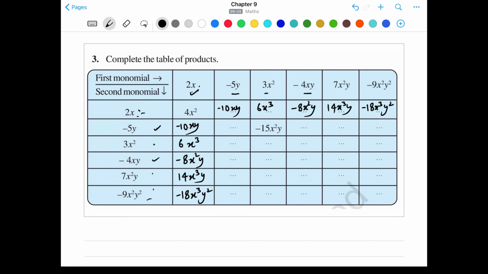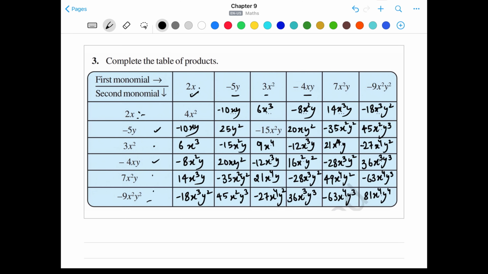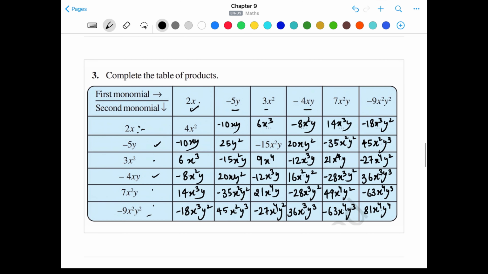Okay, in similar way you can complete the table. So that's the solution for all the terms when multiplied by each other. Okay, you can note it down. From this table I have multiplied all the numbers given in this row by all the numbers given in this column. Okay, so we got the respective value. Like you can locate this value is calculated by multiplying this 7x square y by 7x square y. So this will give us 7 into 7 is 49. X square into x square will give us x power 4, and y into y give us y square. Okay, in similar way you can complete this table.